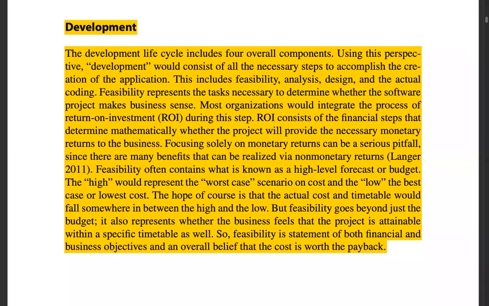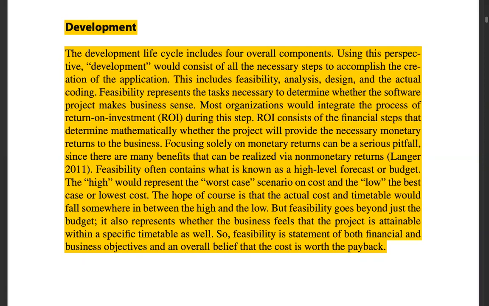This includes feasibility, analysis, design, and the actual coding. So these are the four components that need to be there for the development process to be comprehensive and complete. Among all these four, feasibility represents the tasks necessary to determine whether the software project